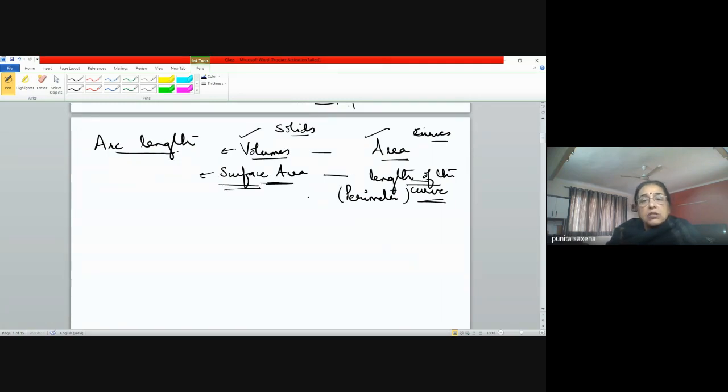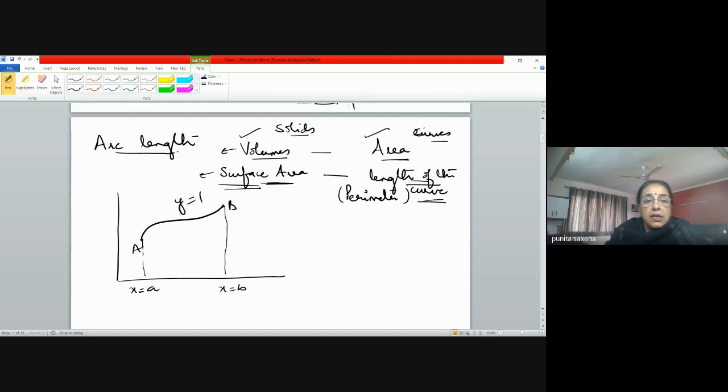Okay, so this is also not a big deal. We just need to identify what kind of a curve it is. See, the logic will remain the same. Supposing I have this curve whose length I need to find. So this is my starting point A and this is my ending point B, from where I need to find. Obviously, this curve is somewhere in the XY plane. This A corresponds to the point x equal to a and this corresponds to the point x equal to b, and my curve is y equal to f(x).